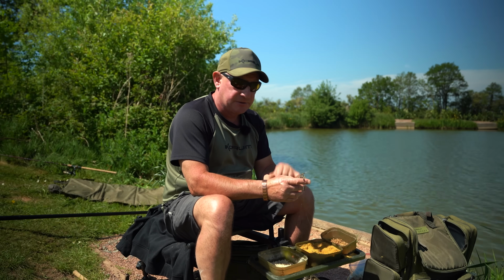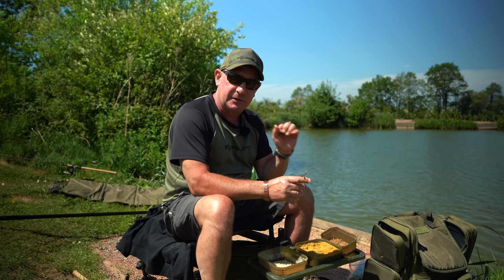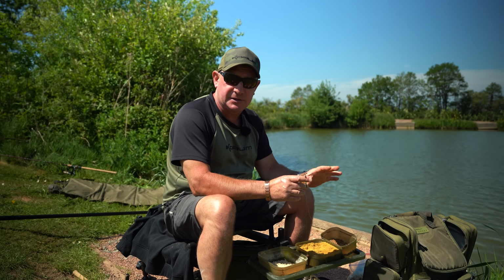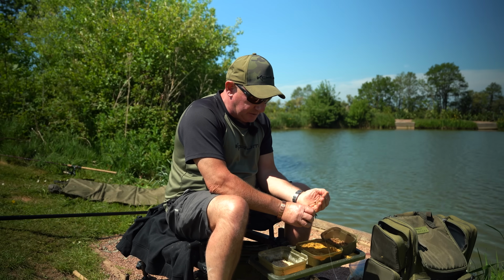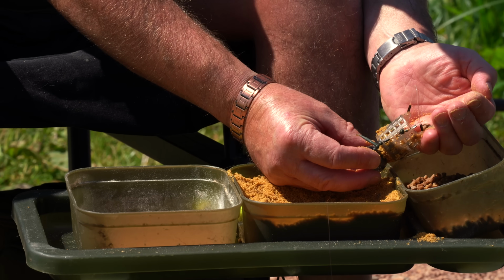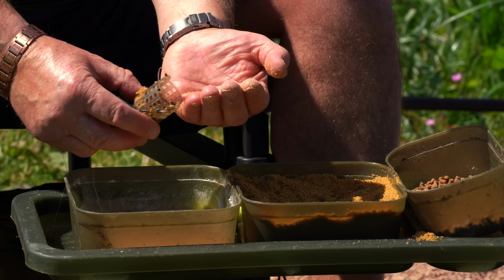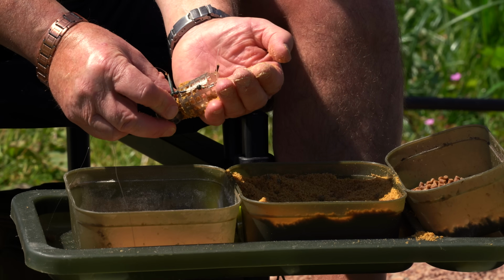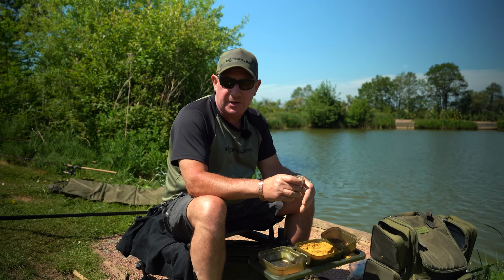this feeder. So this feeder can slowly drop through the water, remember. So what we want is a ground bait that'll just break up and just release those baits as it goes through. Inside the feeder, so a bit of ground bait to plug it, little mix of pellet. Fishery rules here dictate we use fishery pellets, that's fine. A few maggots on the top, and those maggots I put in,